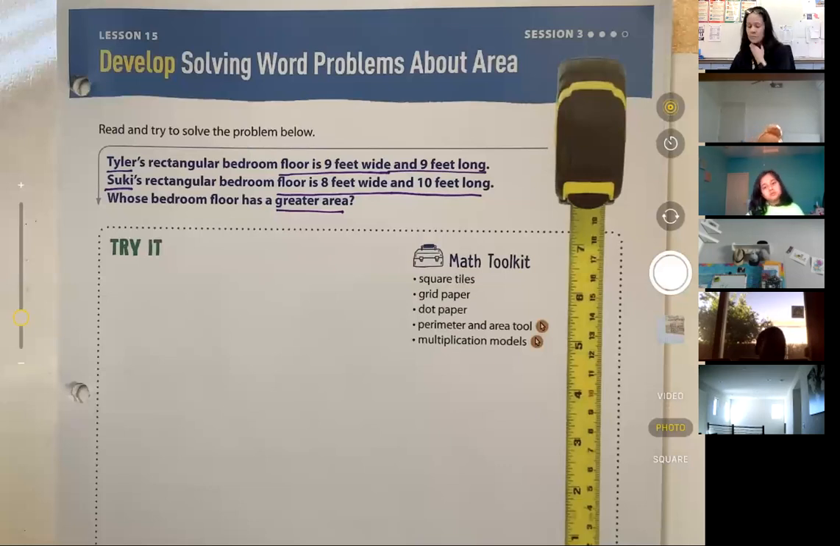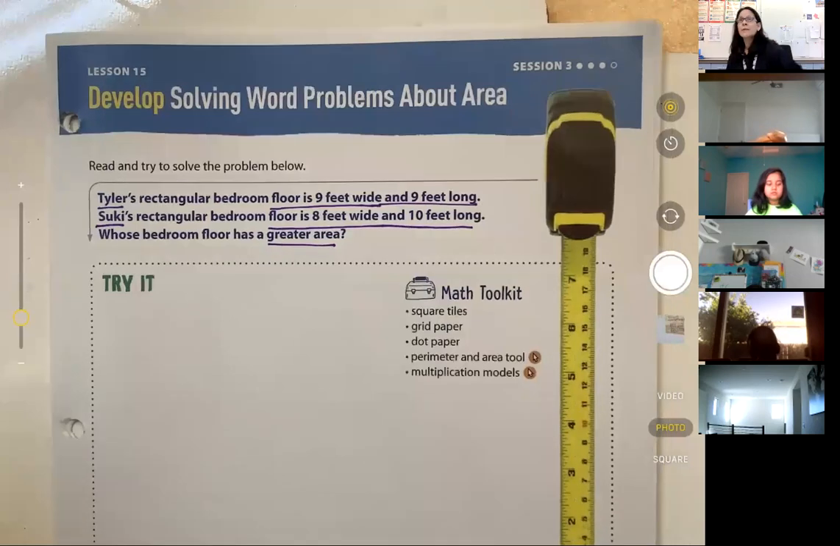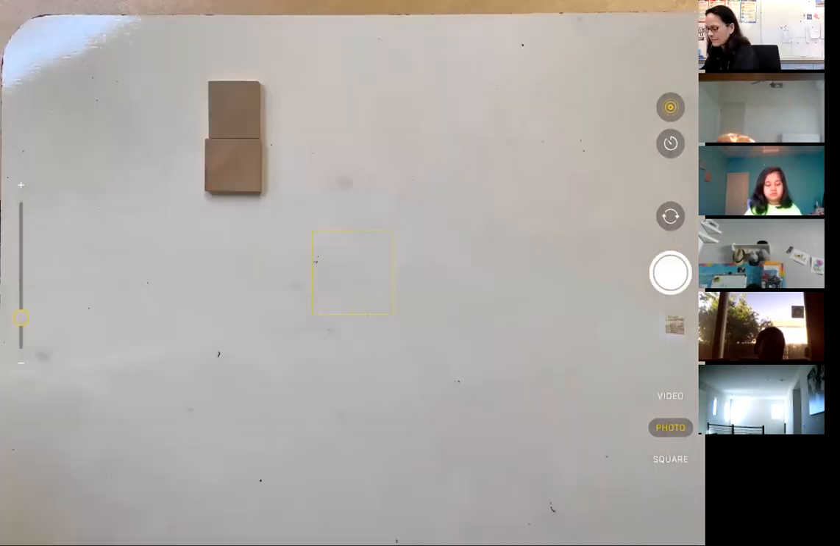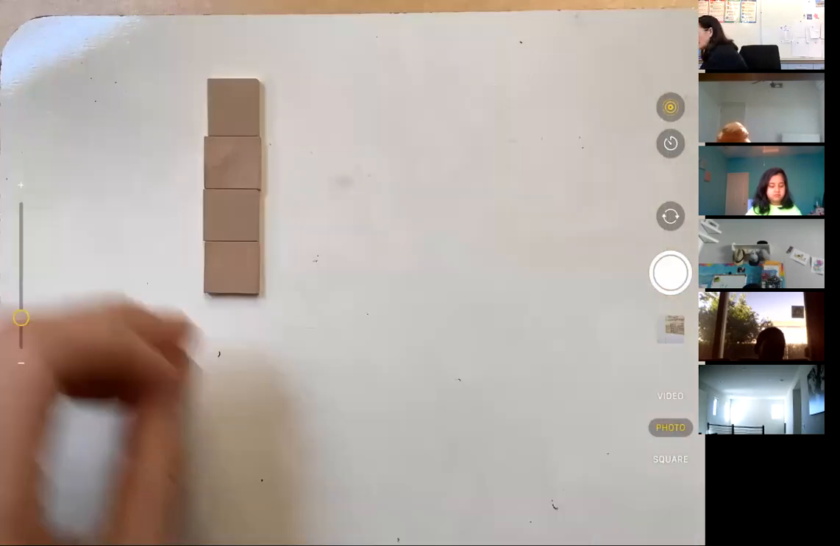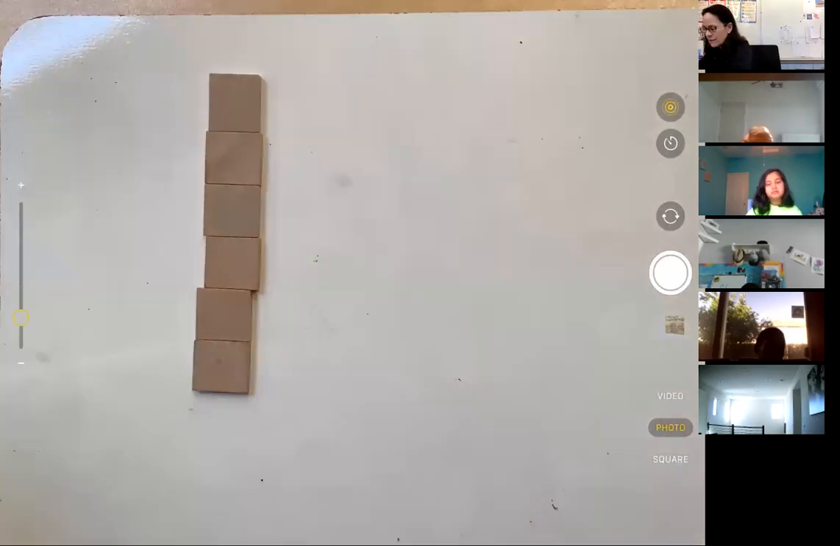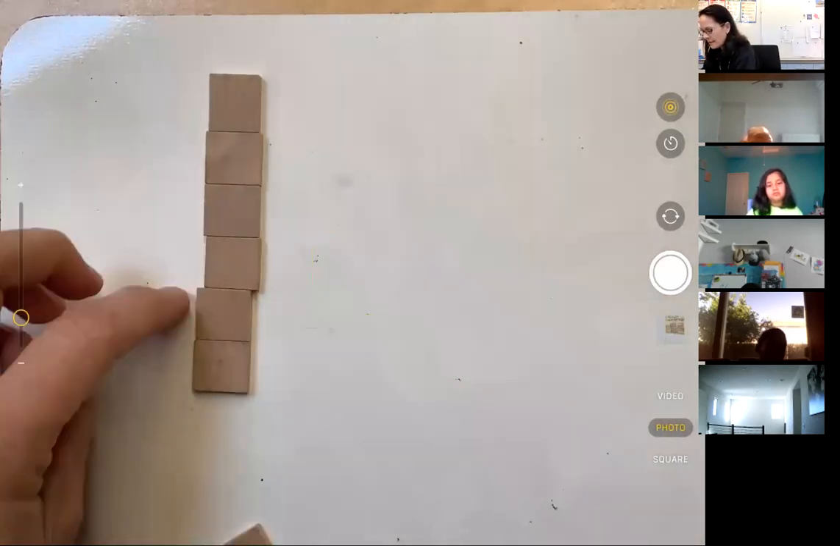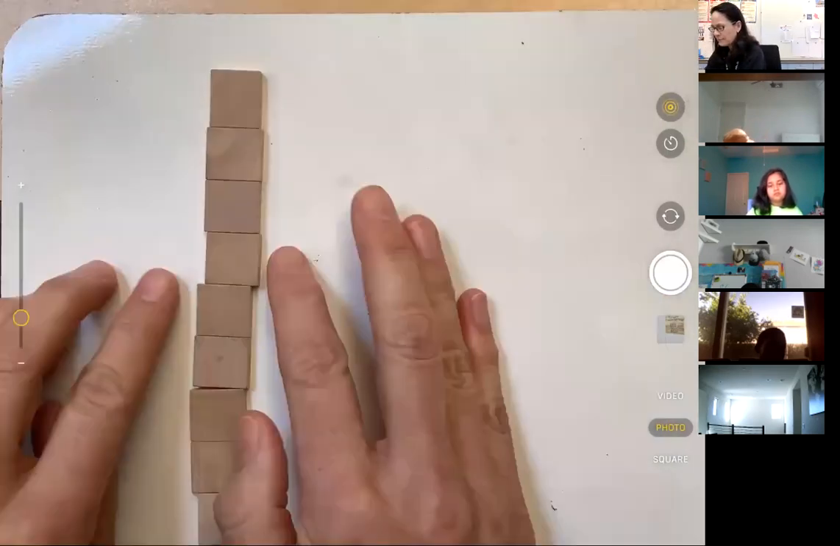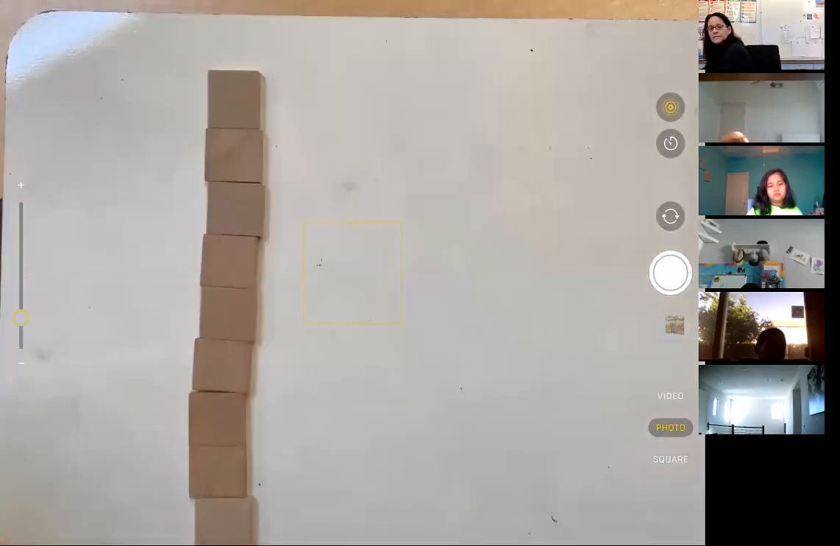All right, so in taking a look at Tyler's floor, I'm going to move this out so you have just a flat board. So we are seeing that Tyler has a rectangular floor, 9 feet by 9 feet. Let's see, 1, 2, 3, 4, 5, 6, 7, 8, and 9. All right. And then we have